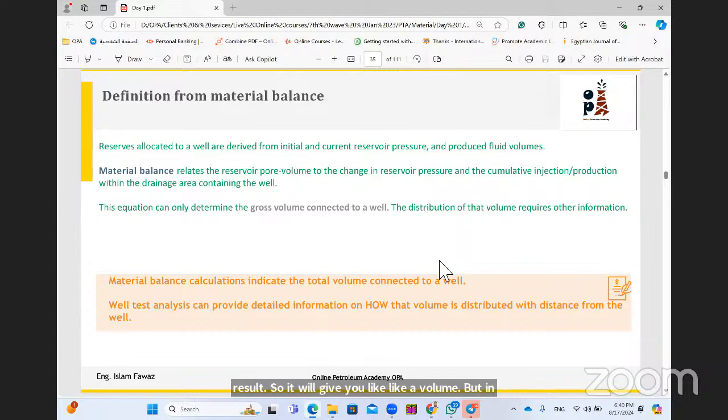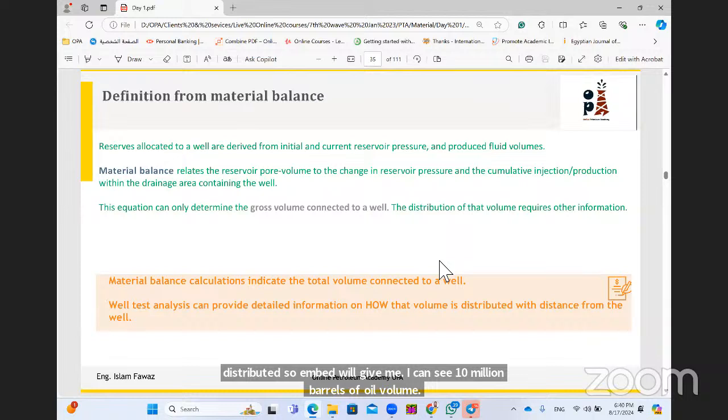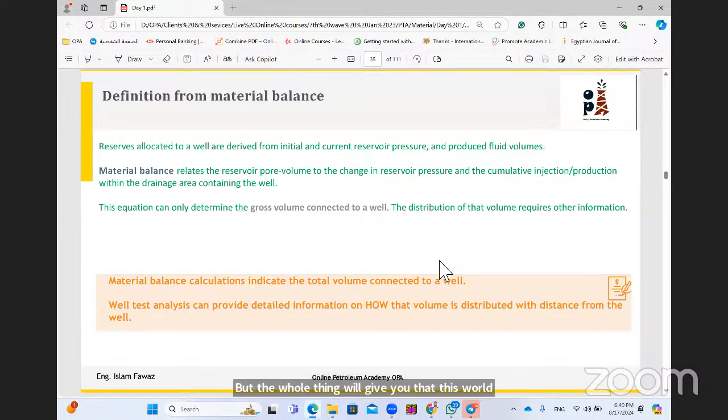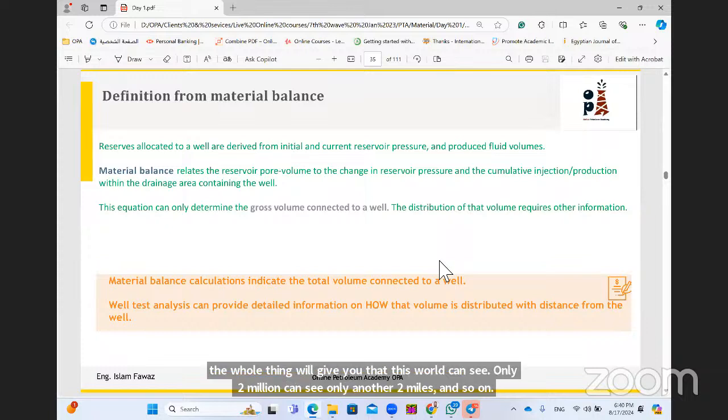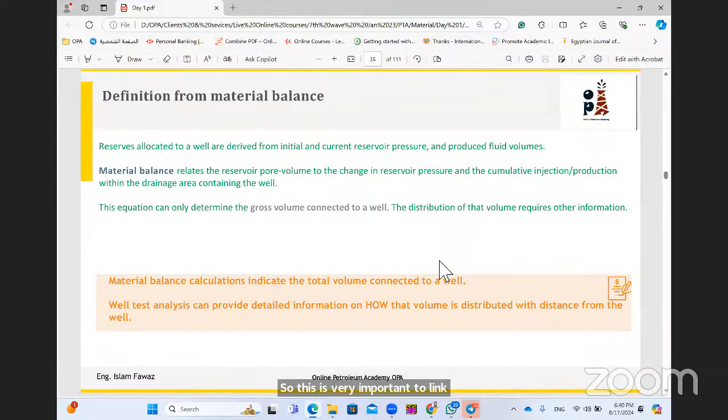So material balance will give me, I can see 10 million barrels of oil volume. But the well test will give you that this well can see only 2 million, and the other wells can see only another 2 million, and so on. So this is very important to link between the disciplines, especially if you are a reservoir engineer and integrating with